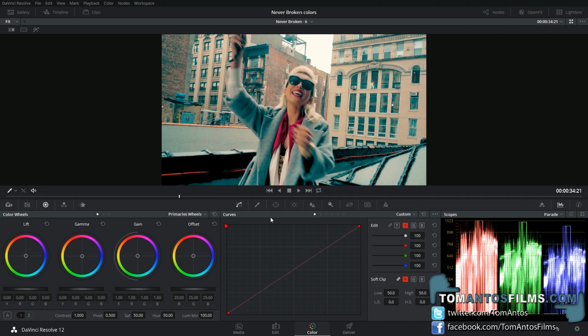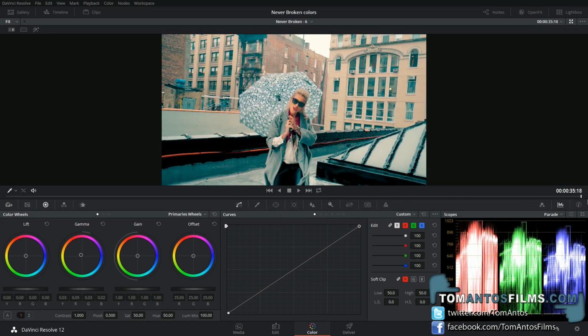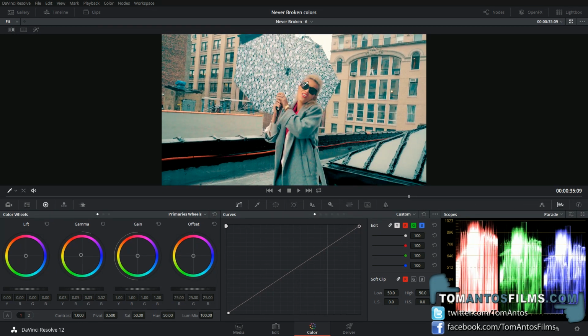Or let's say we reset the curves and adjust the colors a little bit. Maybe brighten up her face a little, change the colors, maybe make it a little warmer. As you can see, this is before, and this is after. We're changing her face, and it's being applied to that whole area,